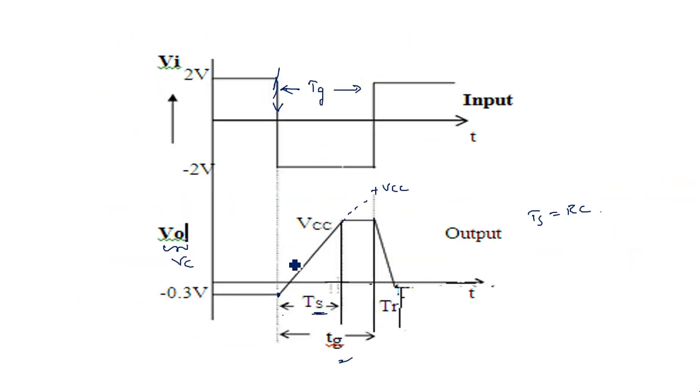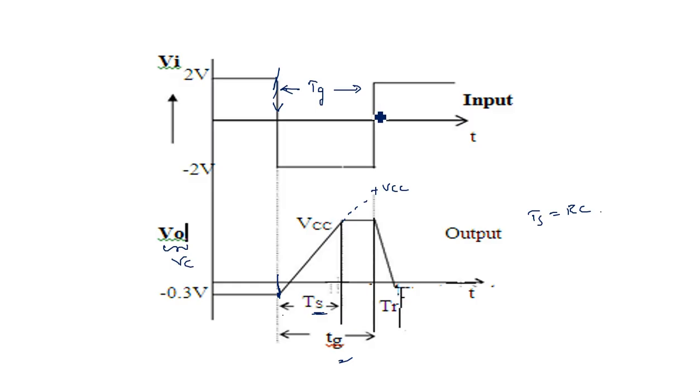See here, we have divided the entire input waveform into different parts. This is the first part we have discussed, that is, under normal conditions how the transistors Q1 and Q2 act. Later, when the gating pulse is applied, Q1 comes into off state, so the capacitor charges and it holds for some period. After that, when the gating pulse is